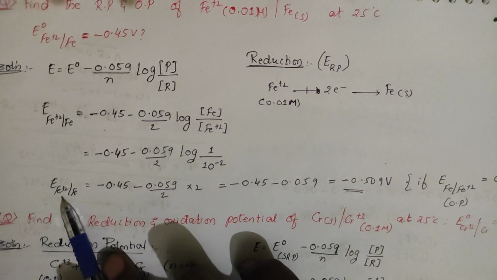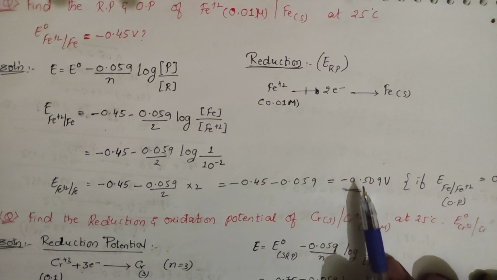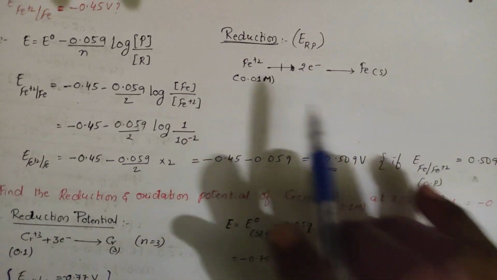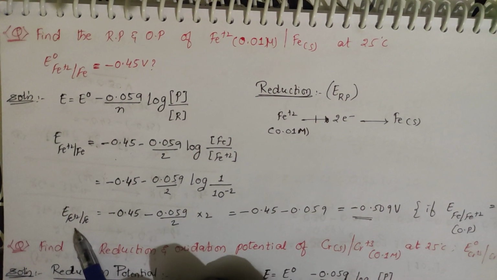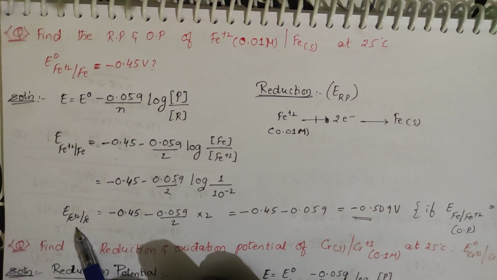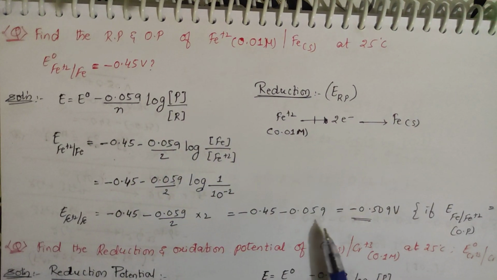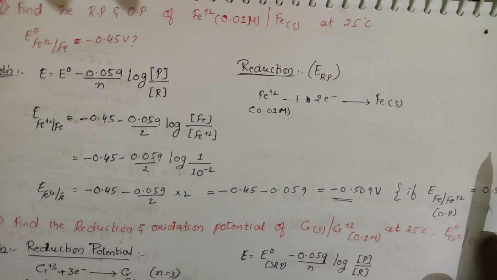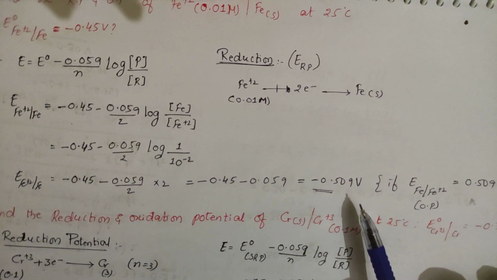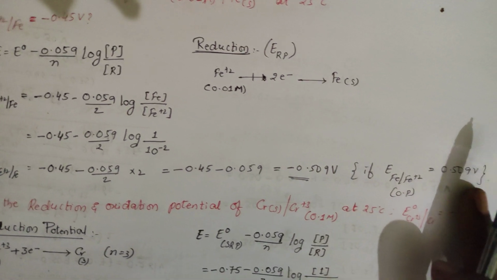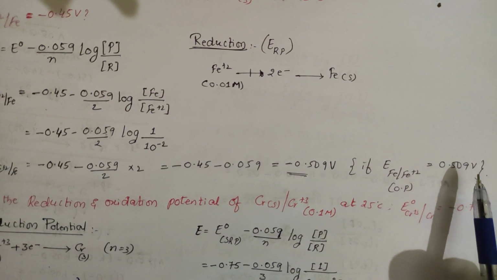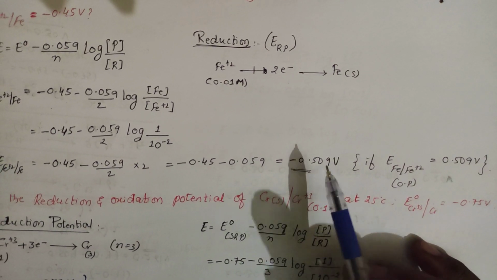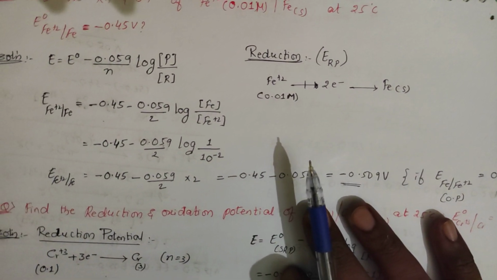This is the electrode potential of this cell at the given temperature. So minus 0.509 V for Fe to Fe plus 2. Suppose he is asking for the oxidation potential also, because we have calculated the reduction potential. Oxidation potential means you take the value you have obtained here and change its sign. Minus of minus 0.509, you will be getting 0.509 volts. This is the answer with respect to oxidation potential, and the other is the answer with respect to reduction potential. We know that both are the reverse of each other with just a minus sign, right?